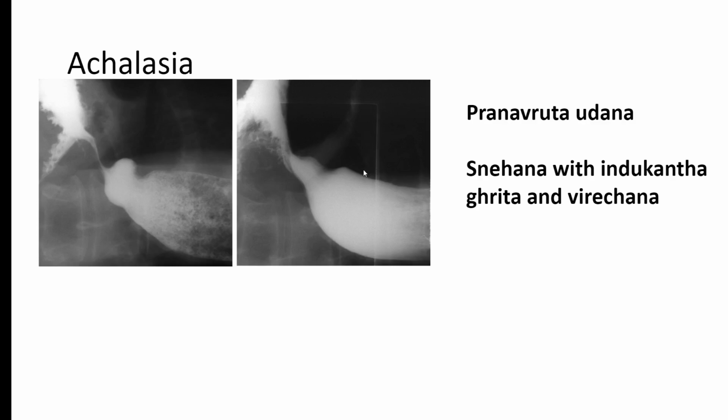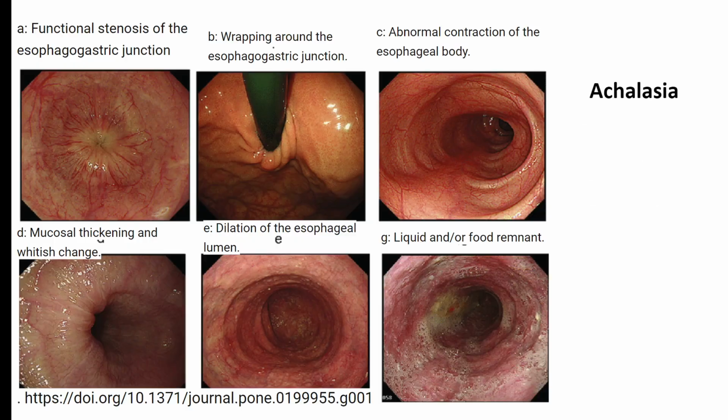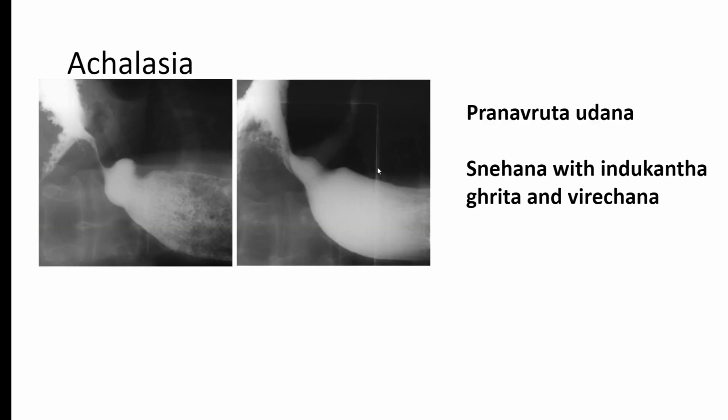and achalasia is characterized by the presence of symptoms of dysphagia, and that characteristic dysphagia would be more for liquids than solids. And when you do the barium swallow X-ray, you'll see a pencil rod-like appearance at the defect with a smooth surface. Now, in these conditions, I would consider them as a pranavarta udana, and as I said, medical management is possible only in the early grades, the first 3 grades. In the next grades, medical management is not possible, and in those conditions, my treatment usually is Snehana with